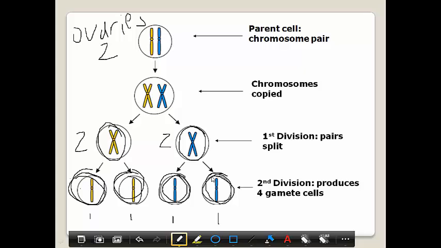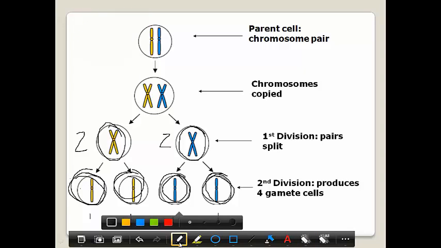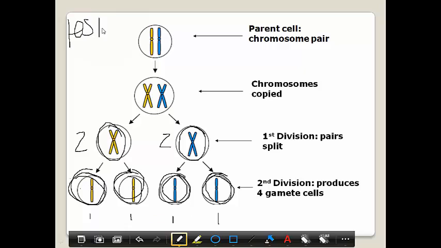If this was a male up here, so we'll just draw that in. Again, this would be happening in the testes, 2 chromosomes in each of the testes cells, and we'd end up down here with 1, 2, 3, 4 sperm cells, each with 1 chromosome in each. So again, it matters if you are starting with a male or a female. That determines whether you're going to end up with eggs or sperm. But in each case, you're going to get 4 of those gametes with half the DNA or half the chromosomes in them.